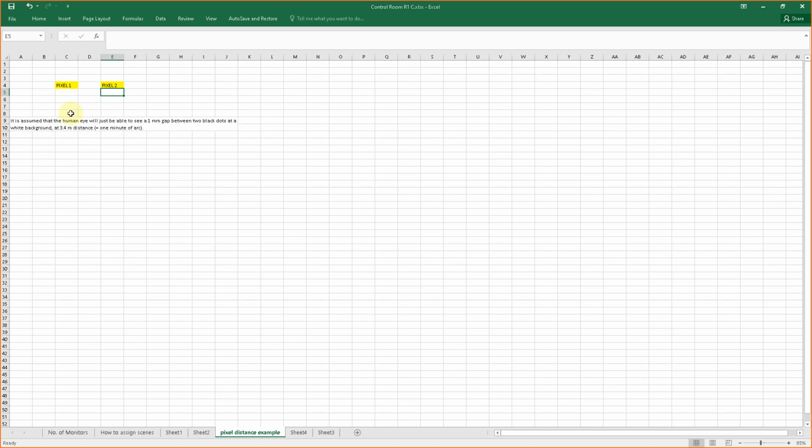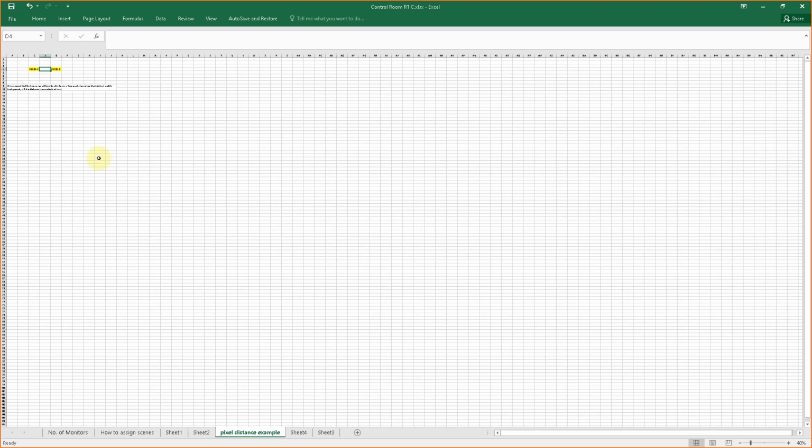When you have a 42-inch full HD monitor, the size of the monitor is already fixed, right? 42 inch. If you have full HD, the difference between pixel 1 and pixel 2, there is a gap in between. You can see the gap. But if you have in the same 42 inch maybe 3000 pixels, you're doubling or tripling or making it 4 times more pixels. Now you cannot see the difference. You cannot see the gap, right?